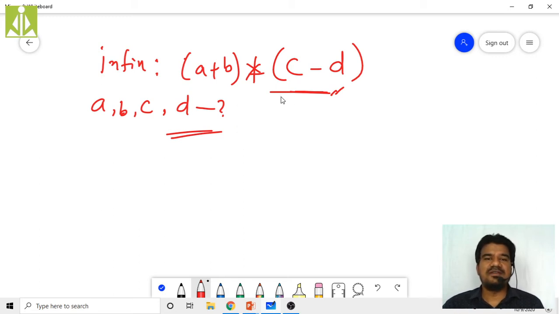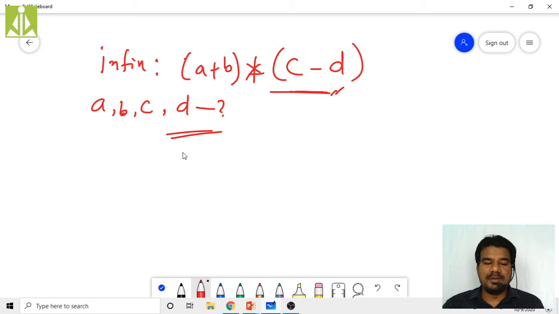So whenever they ask you to evaluate a postfix expression, they will give the expression in terms of numbers, but not in terms of operands. Remember this one. They will give the expression with numerical values rather than operands or variables.